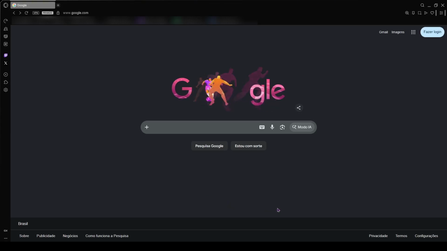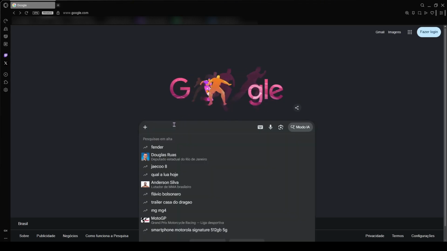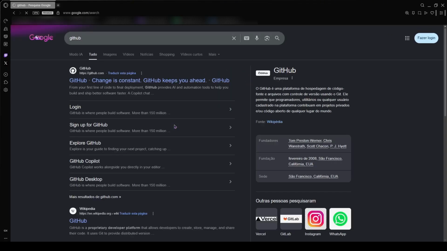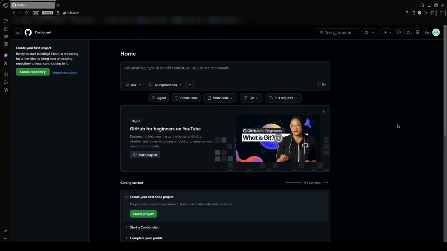In this video, I'll show you how to create a GitHub organization. First, open your web browser and go to GitHub. Sign into your GitHub account using your username and password. Once you're logged in, click your profile picture in the top right corner of the page to open the account